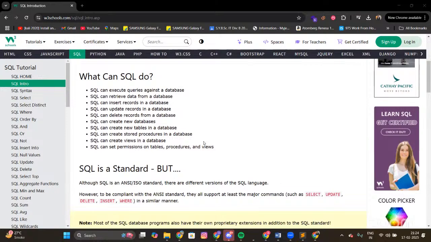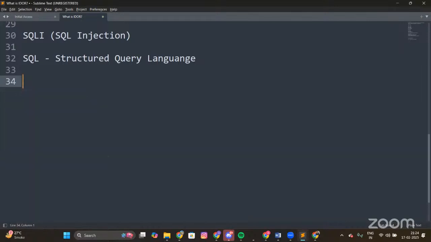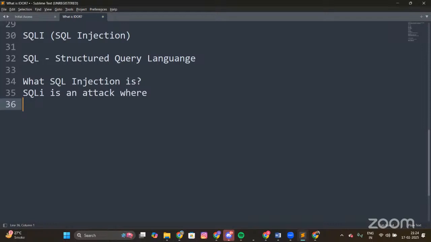Now coming back to SQL injection. When we come to SQL injection, what exactly happens over here? Let's see what SQL injection is. SQL injection is an attack where an attacker injects a specific